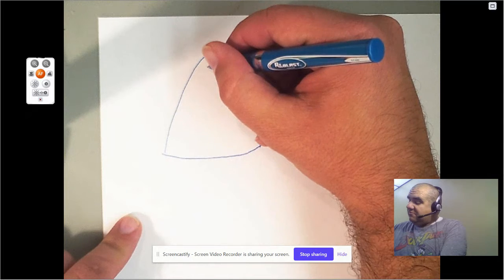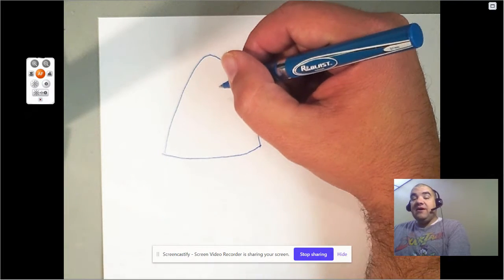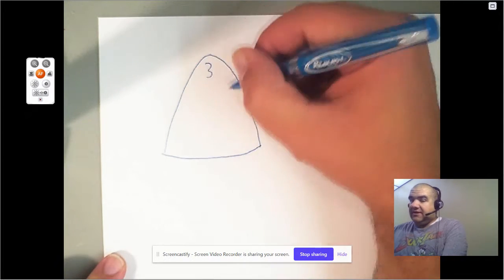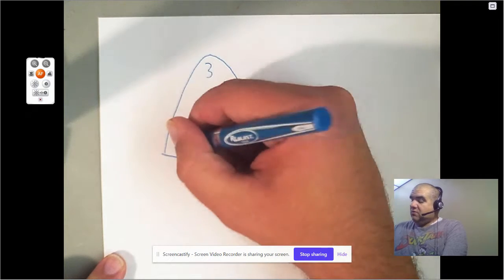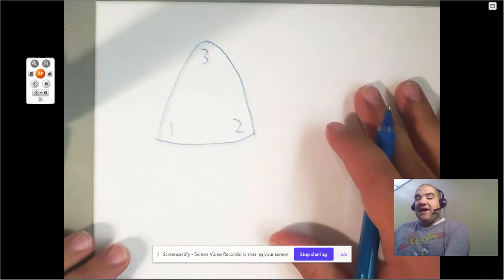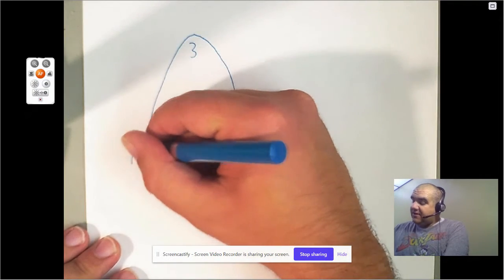So let's try some simple fact families with three numbers. So let's try 3, 2, and 1. That's our fact family right there. In fact, I'm going to even write it underneath. Fact